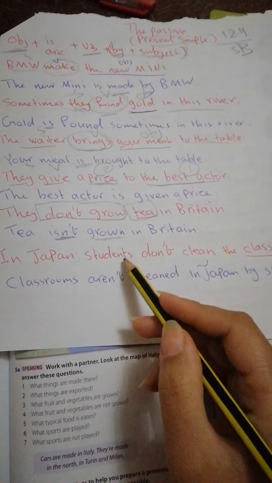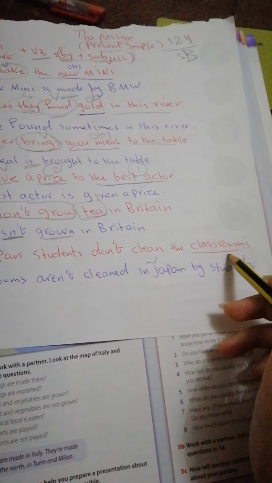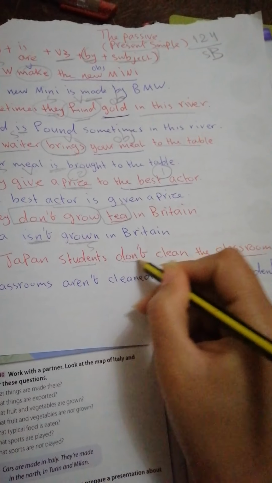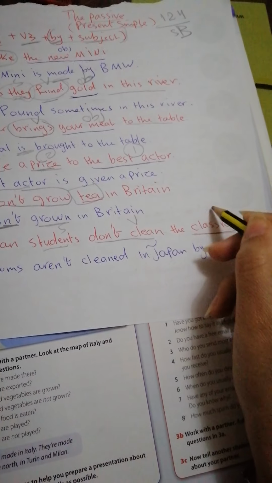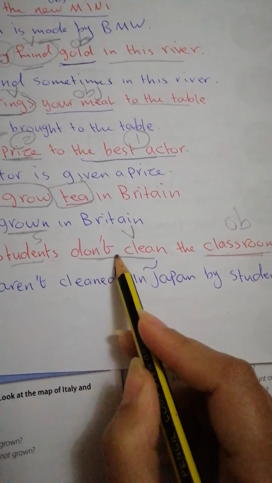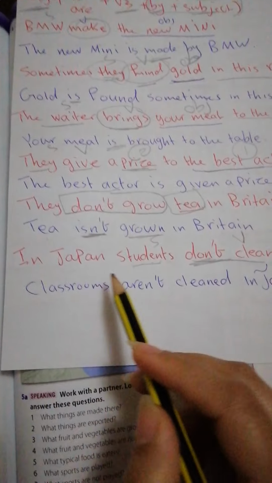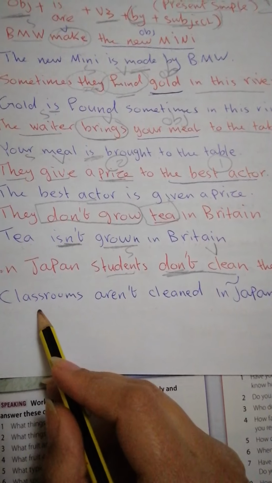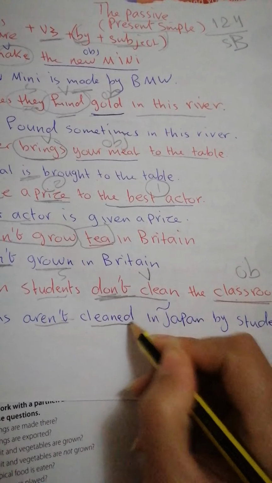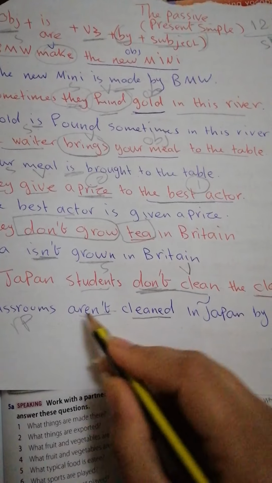Okay, in Japan, students don't clean the classrooms. In Japan, students is the subject, don't clean is the verb, and the classrooms is the object. So you put the object at the beginning, classrooms. Because the main verb is in the negative form, you make the passive in the negative form as well. Classrooms is plural, so we use are not. Classrooms are not, and verb 3 from clean is cleaned. So classrooms are not cleaned in Japan